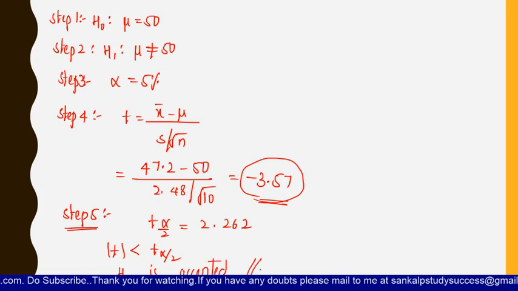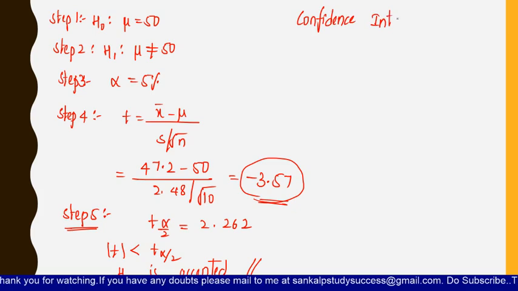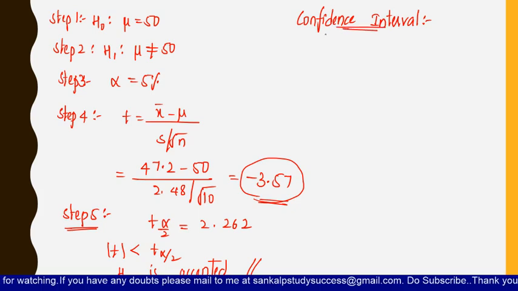So here the null hypothesis is accepted. We have found it. Now let us find the confidence interval. So we have to just substitute all the values in the confidence interval formula, right? What is the formula of the confidence interval? Here it is: x bar minus t alpha by 2